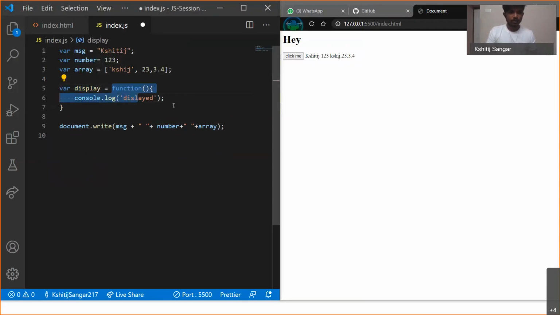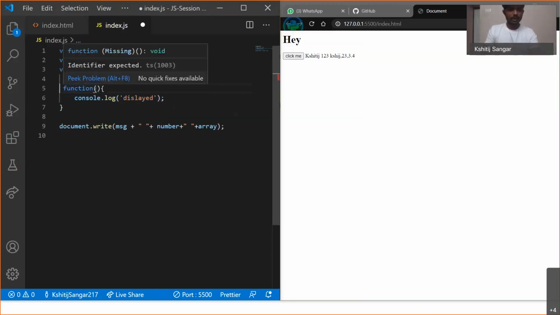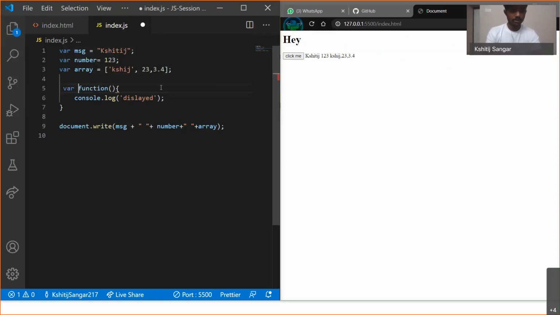So we can write the function in this format if and only if we are passing it to a variable. If I remove this section, it's showing an error that identifier expected. So there are two ways we can declare a function. I'll again say display equal to function. That's how we declare functions.